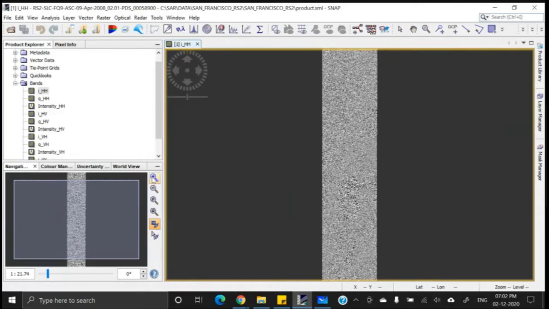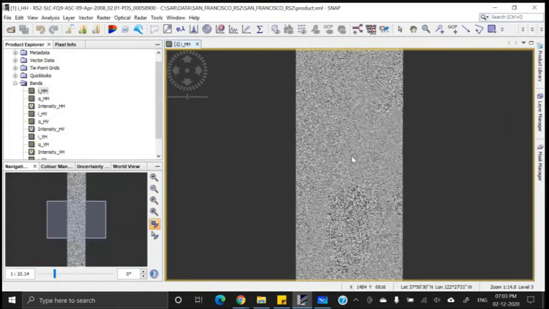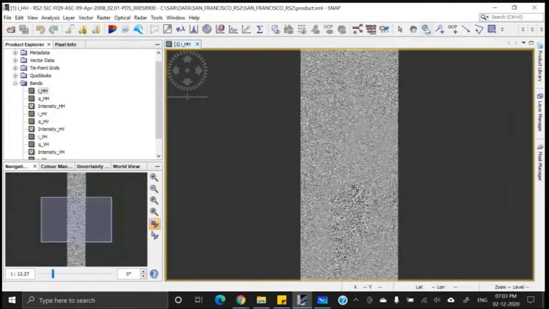You may also use your mouse wheel to make it smaller or larger. I think all of you are aware of these tools, so I do not need to demonstrate them.